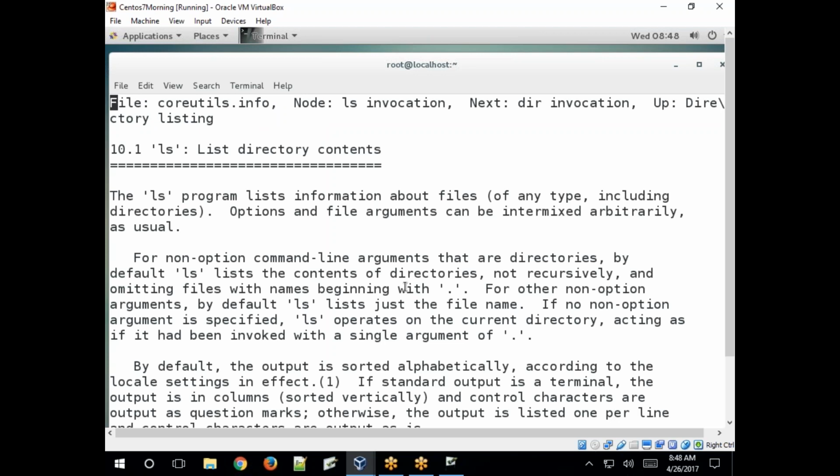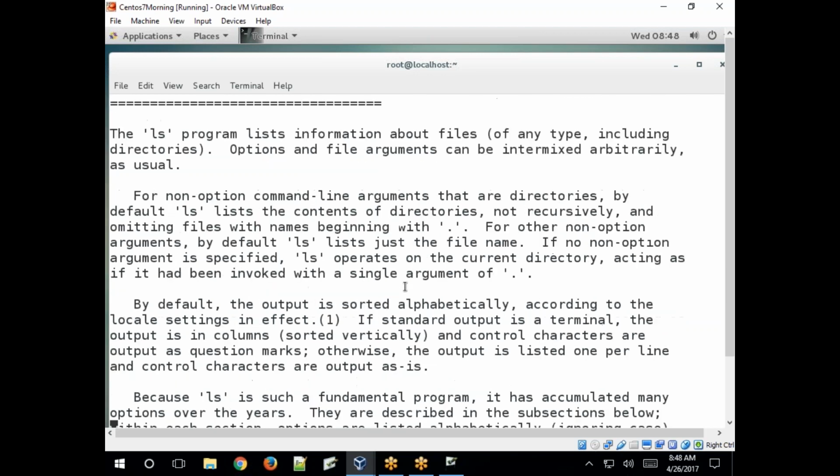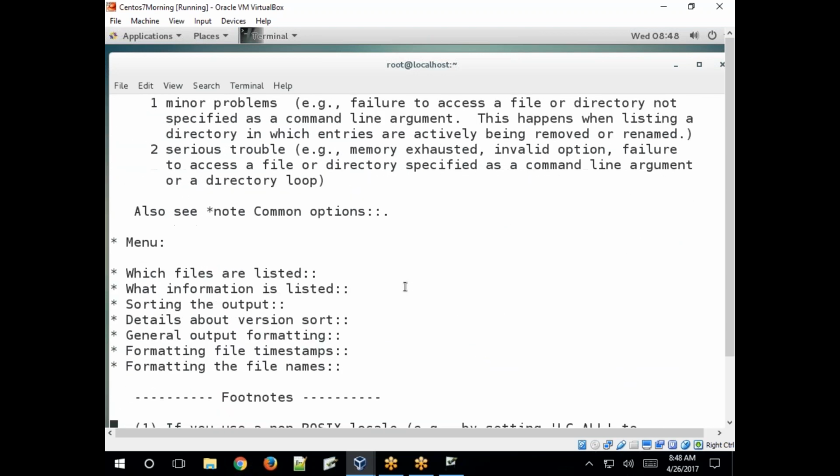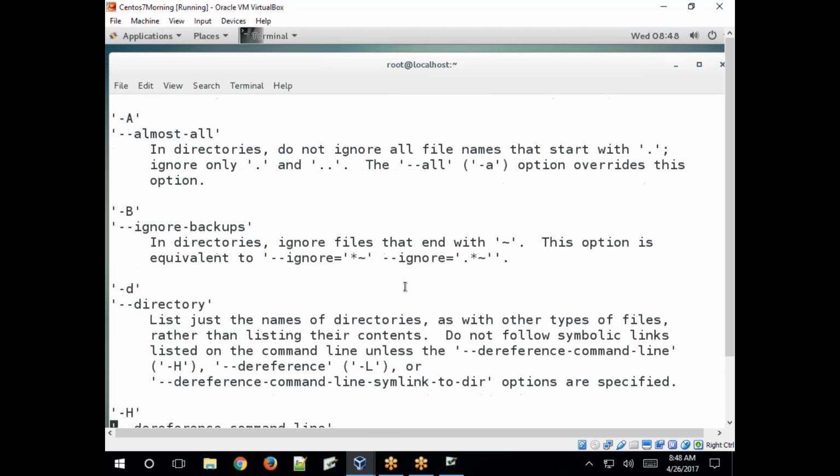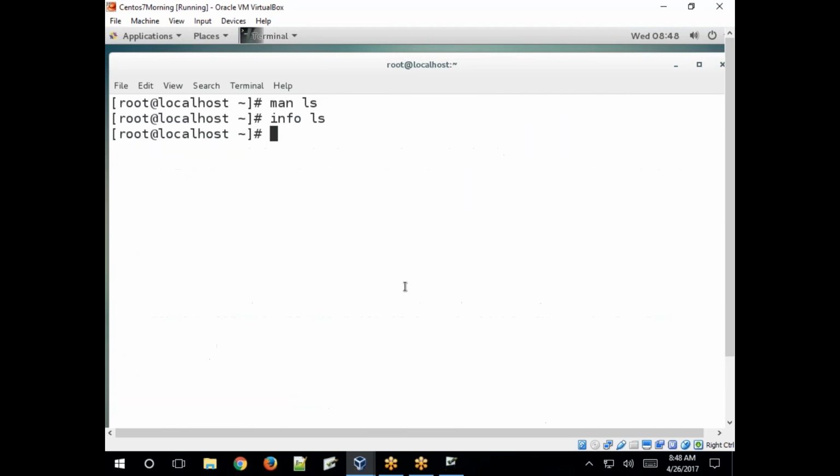The ls program lists information about files of any type, including directories. Clear? And all the options are also available here. You get more stuff compared with the man command. You get more stuff using the info command.